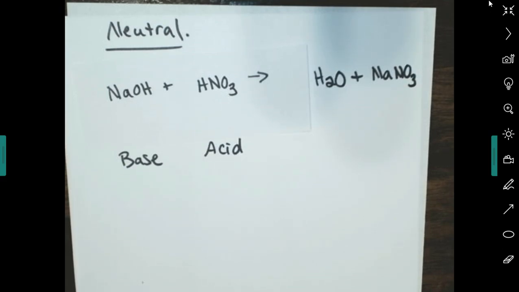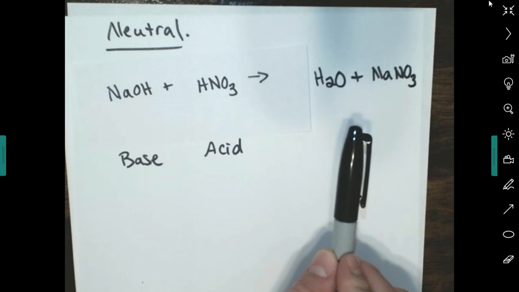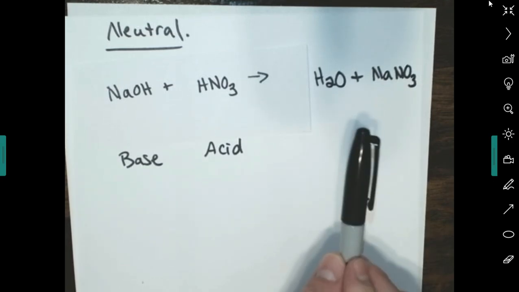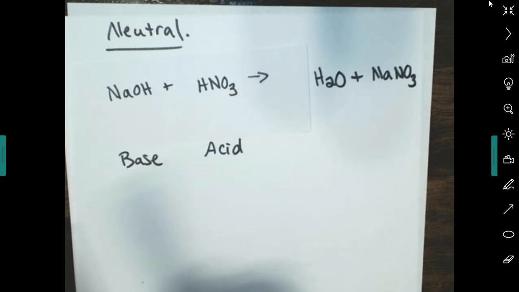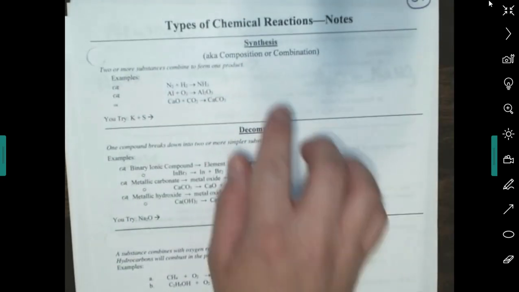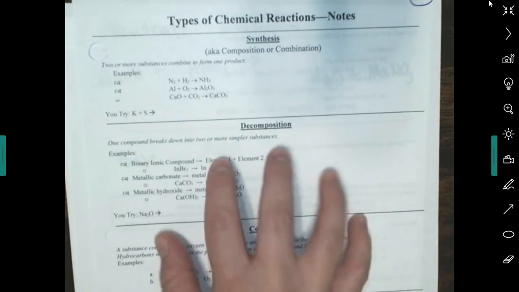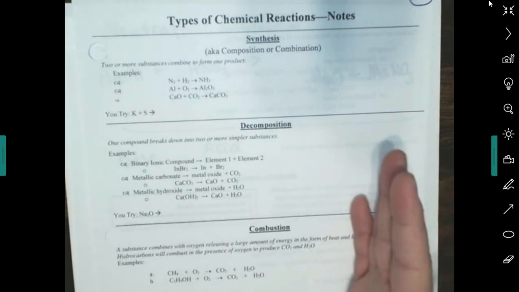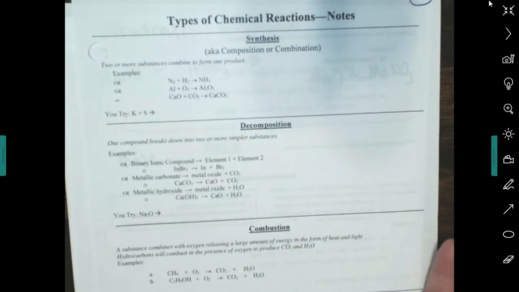So it's very important that when you come across a chemical equation, you first look at what type of reaction this is. Okay? And once you figure out the type of the reaction, it's easier to figure out what the products will be. Okay? And if you look at your notes, I believe it's page around 37-ish. It looks like this. You can use your notes, okay? You can use your notes. So use them. Don't just blindly guess. Figure out what type of reaction it is. And then from there, you can predict the products,